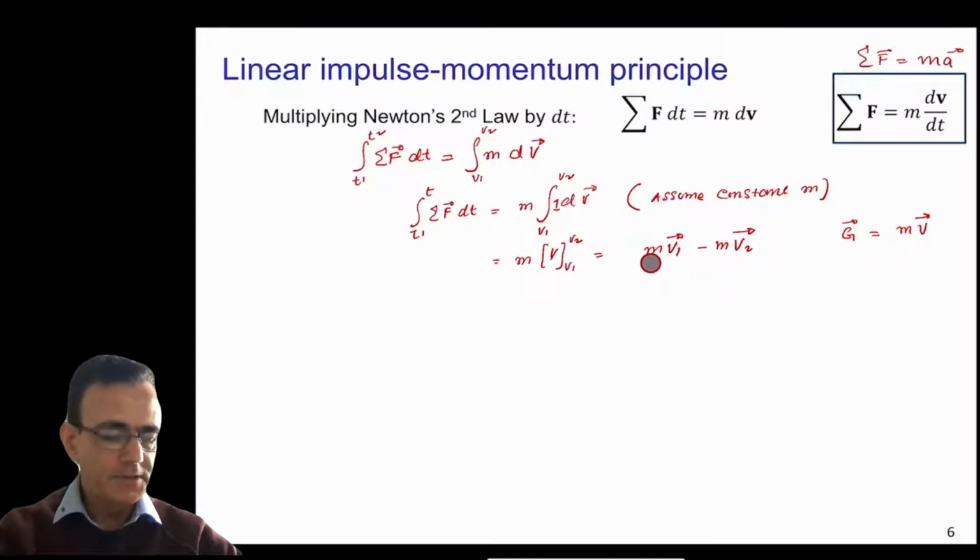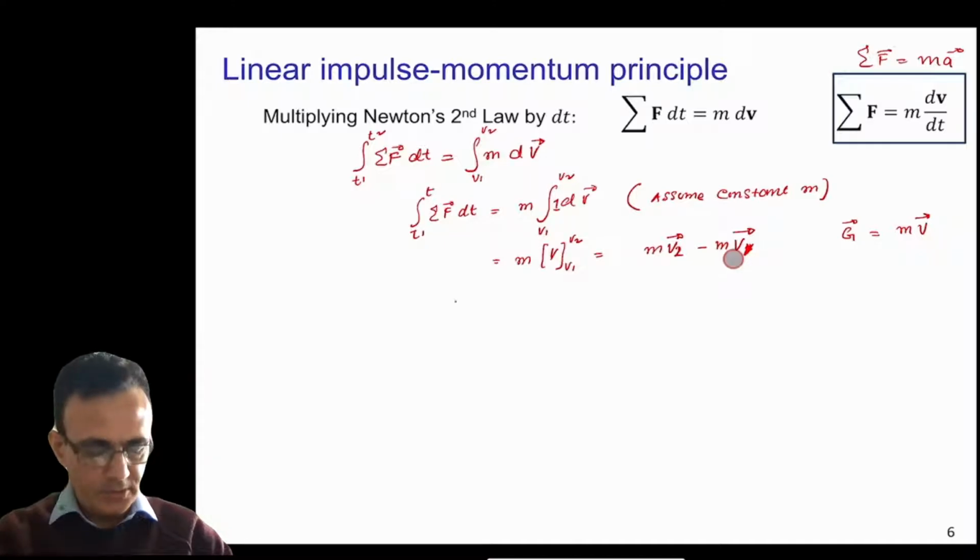So this mv2 will become G2, which is the final linear momentum, and minus mv1, which will become G1, which is the initial linear momentum in this case. So if you write this equation, that will become the integral from t1 to t2 of F dt equal to G2